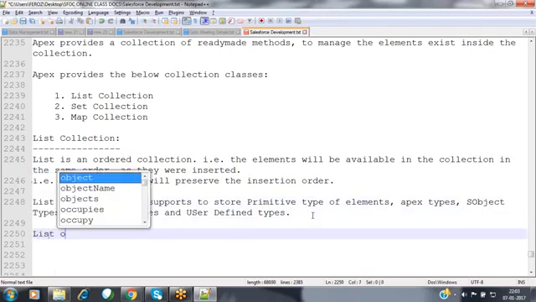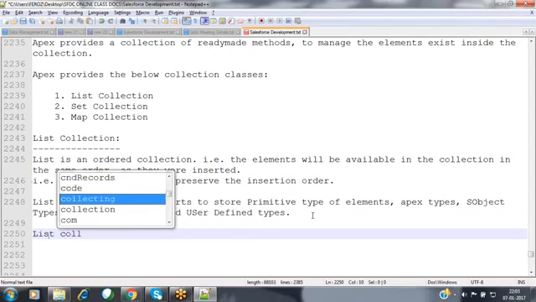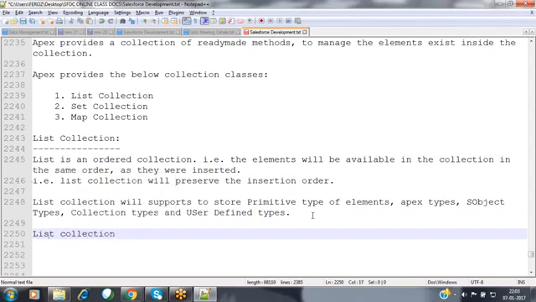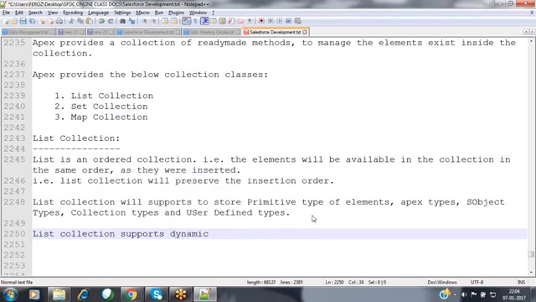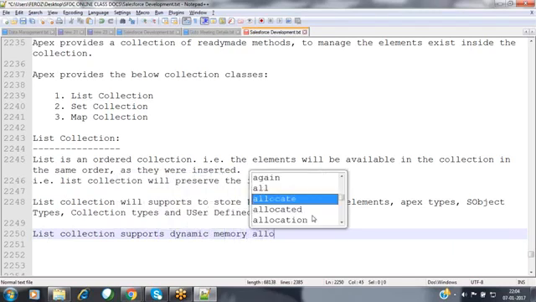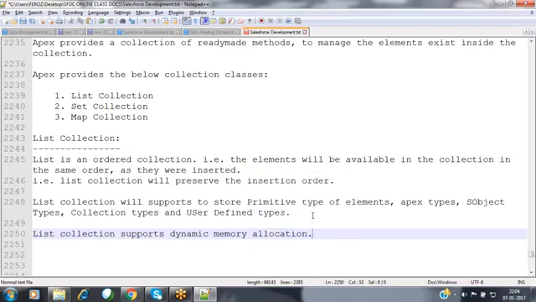And whenever you are storing elements inside the List collection, it supports dynamic memory allocation. So we can store any number of elements at runtime. Depending upon the number of elements that you keep adding to the collection, the memory size will keep extending automatically by default.